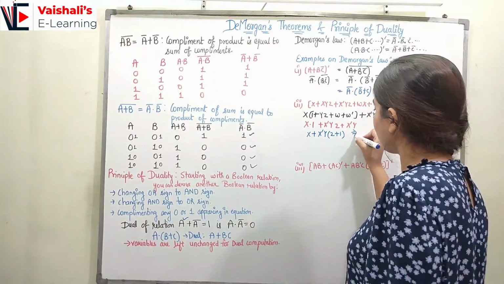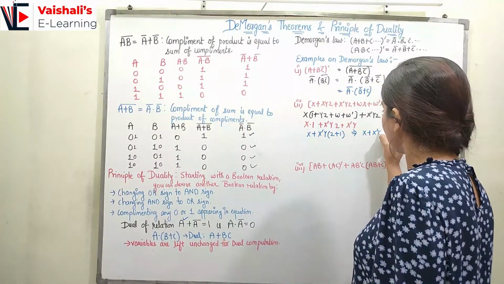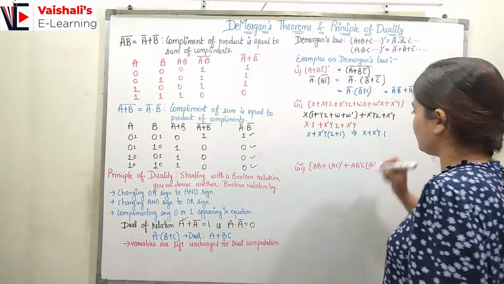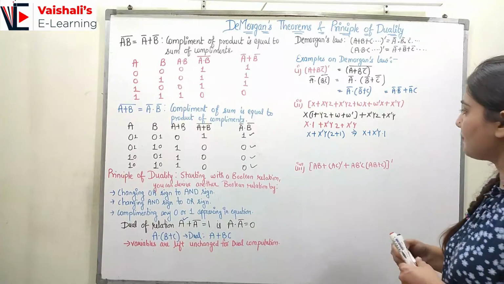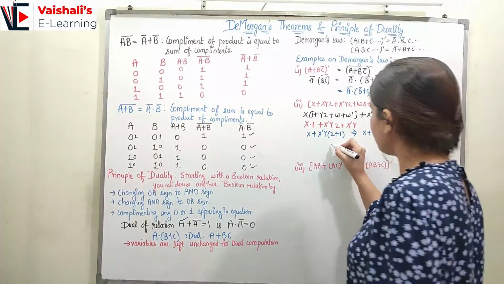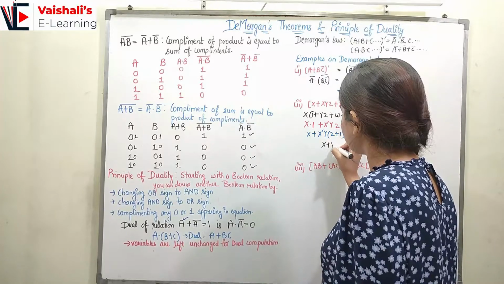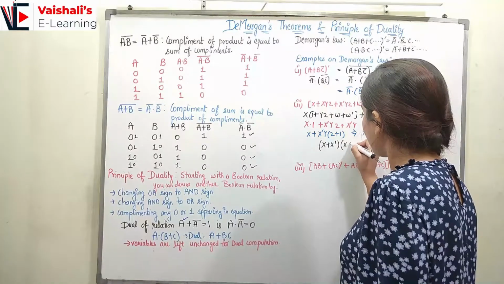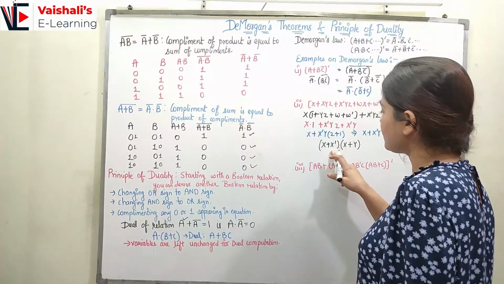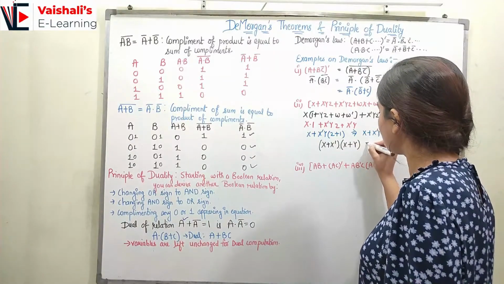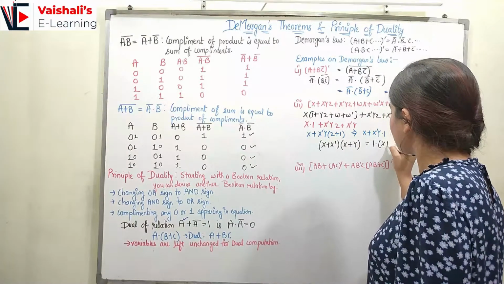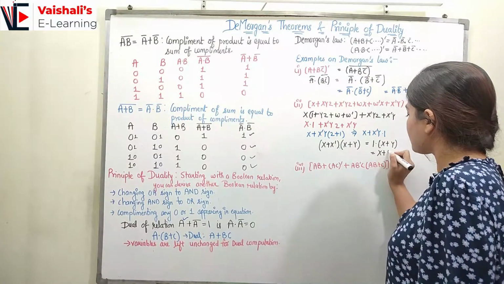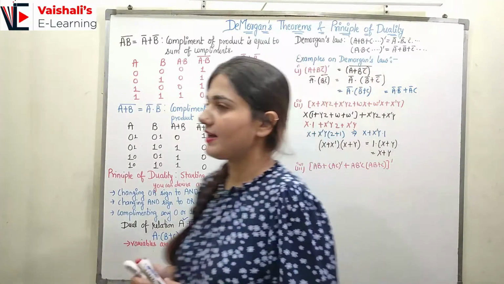So now how can I write it: x plus x'y, z plus 1 would be 1 only, so I can represent it as dot 1, right? So now I can use the Boolean theorem over here. I can expand x plus x'y to (x plus x') dot (x plus y), right? We know x plus x' is equal to 1, so 1 dot (x plus y). Similarly, 1 dot (x plus y) will be equal to x plus y only. So this is how I can simplify this Boolean expression.